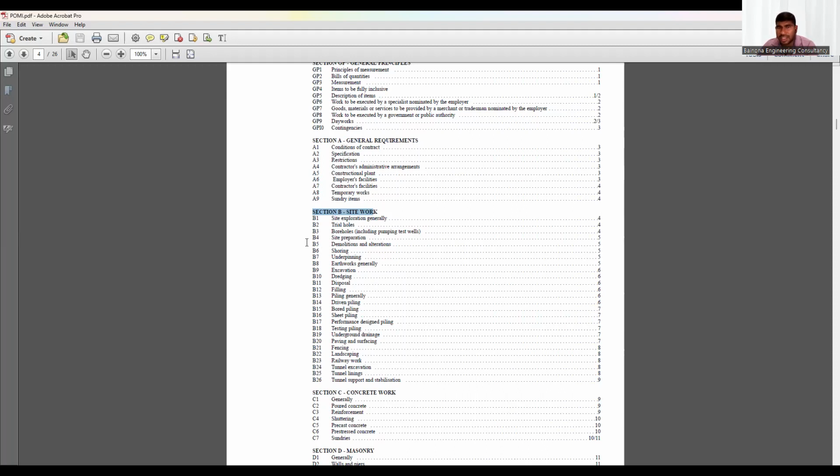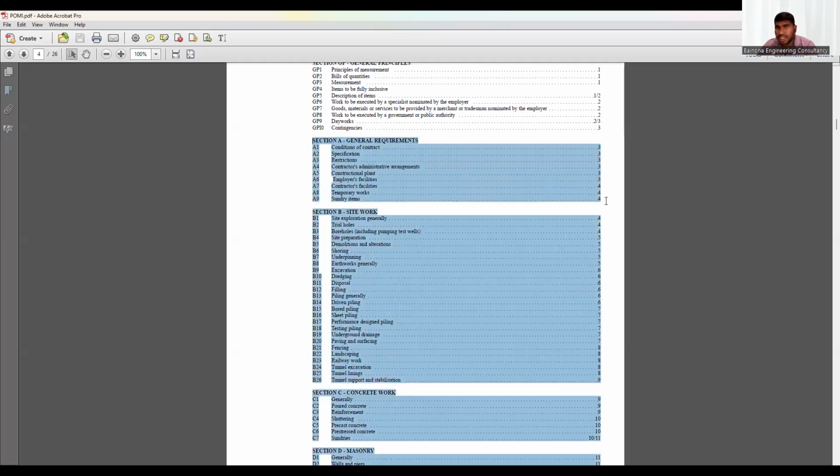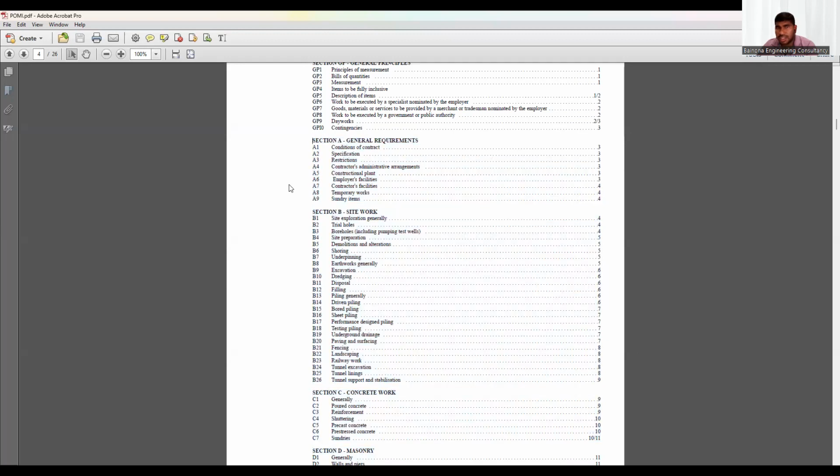You do fencing, you must have your site office. Then you need temporary water and electricity for your work. So that is what you do first. That is measured under the general requirement. It's temporary work you are doing, so that is measured under the preliminaries. So that is the first sequence of the construction activities.